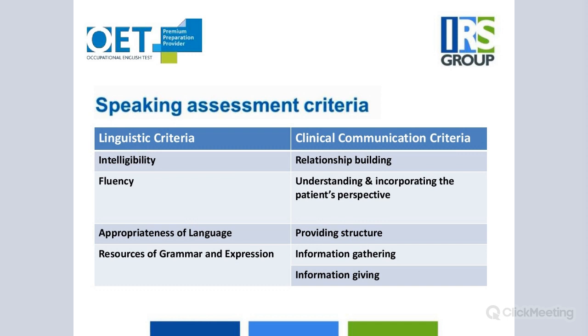So you need to be very clear. Your English should be professional. You should have clarity in your speaking. Your voice should be clear so that the other person understands you very clearly. Then you should have fluency. The second criterion in linguistic is fluency. So what do you mean by fluency, basically? Fluency is about not